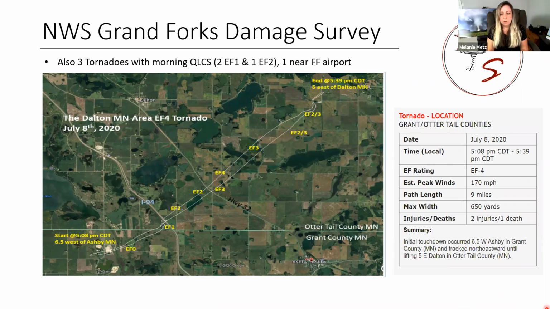Unfortunately, there was one person who was killed in this tornado and 2 injuries. It did hit a machine shop, and there were 2 people actually watching it come towards them, and they didn't really realize it was coming right towards them until it was almost on top of them, and then they each chose a different place to take shelter. One person went inside the machine shop, the other person went underneath the tractor, and unfortunately the one person who went under the tractor was killed.